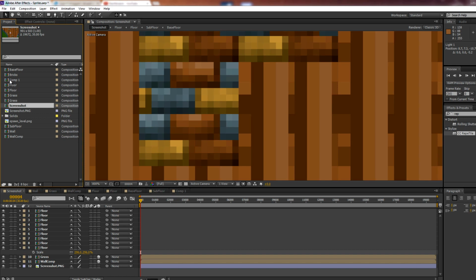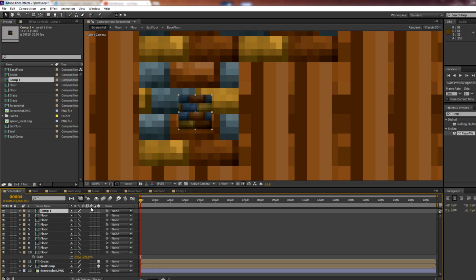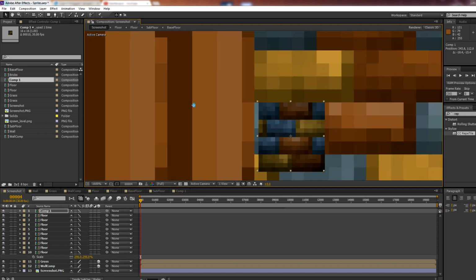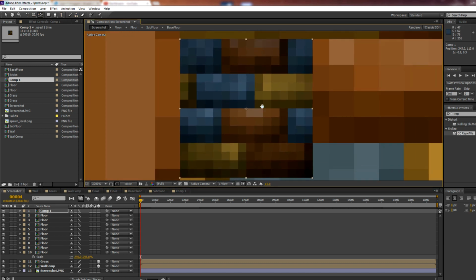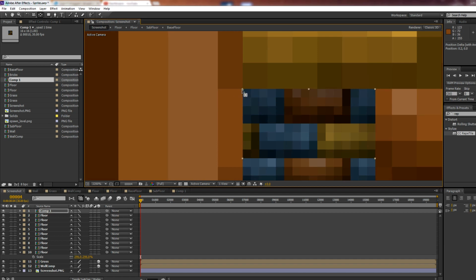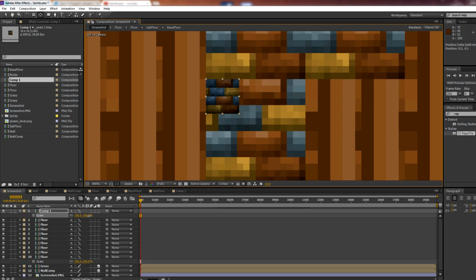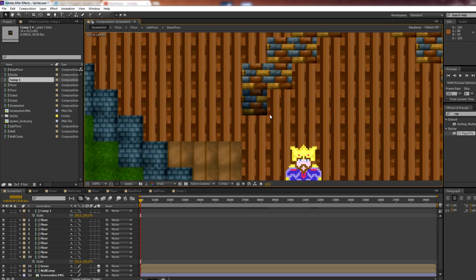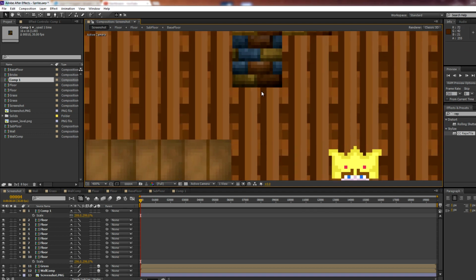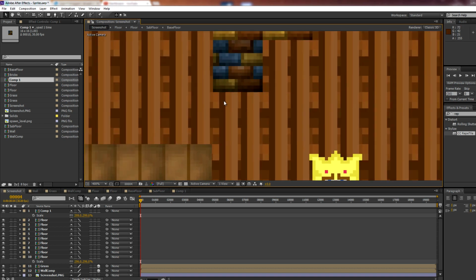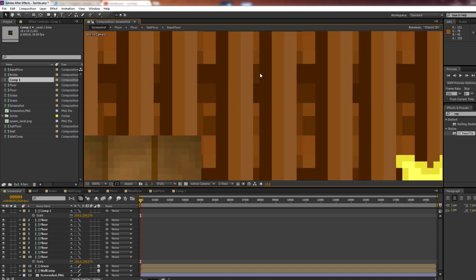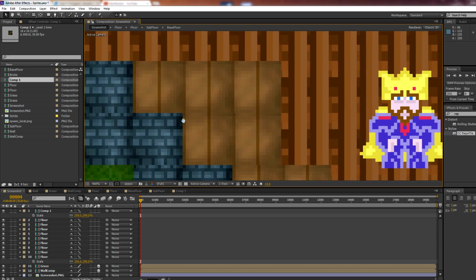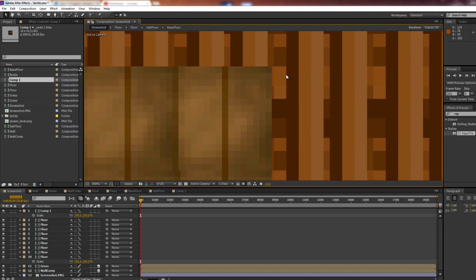So comp 1, I didn't actually call it anything, did I? All right. And let's put that here, and I think that's the full one, yeah. All right, so that's kind of the difference between the old ones and the new ones. Yeah, this floor, I'm not digging the floor too much. I'm digging this, and I am digging the walls and the grass. Well, I didn't make the grass or that, but